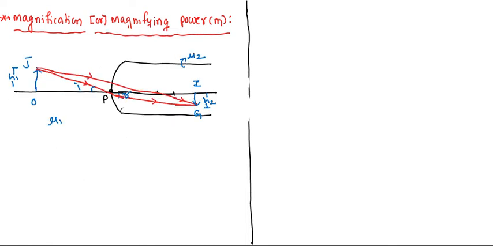The ray which passes through the center of curvature should not be bent. It should go straight. From here to here, it should be a straight line. But in the diagram, it is not appearing like a straight line. It should not deviate. Because actually what happens, this will be incident along the normal, the line joining the center of curvature and the point on the spherical surface. When the angle of incidence is 0, the angle of refraction is 0, and light travels in a straight line.